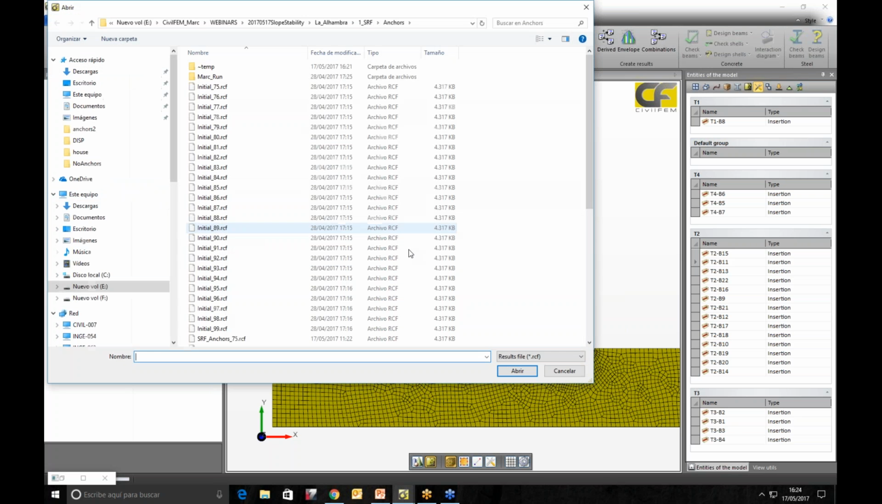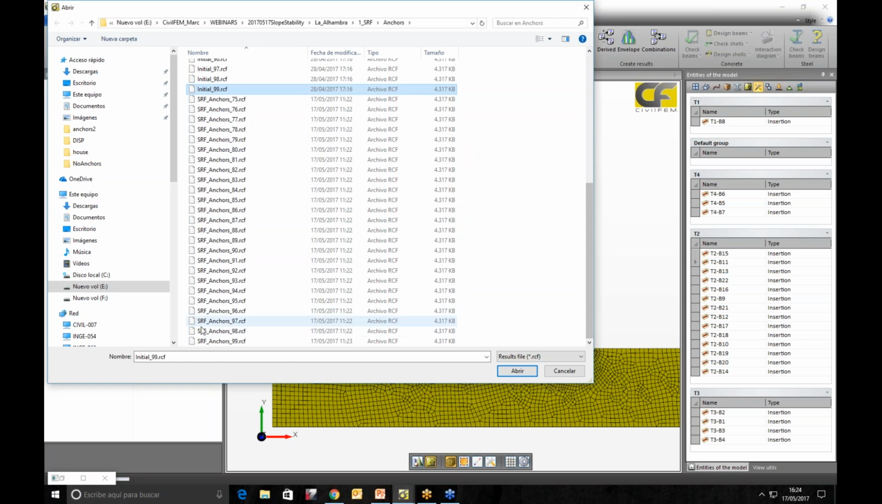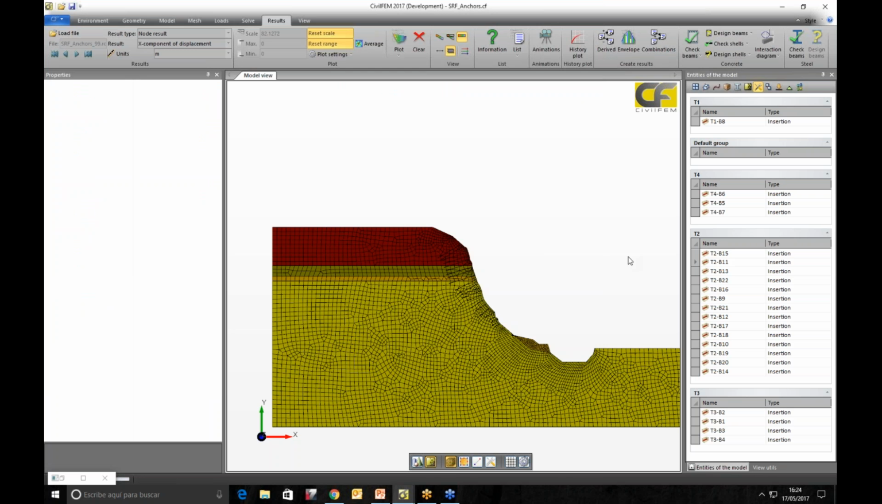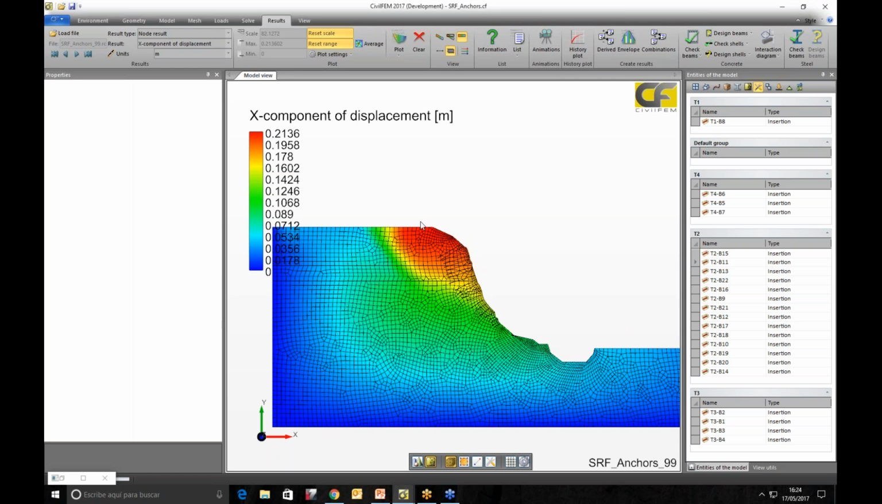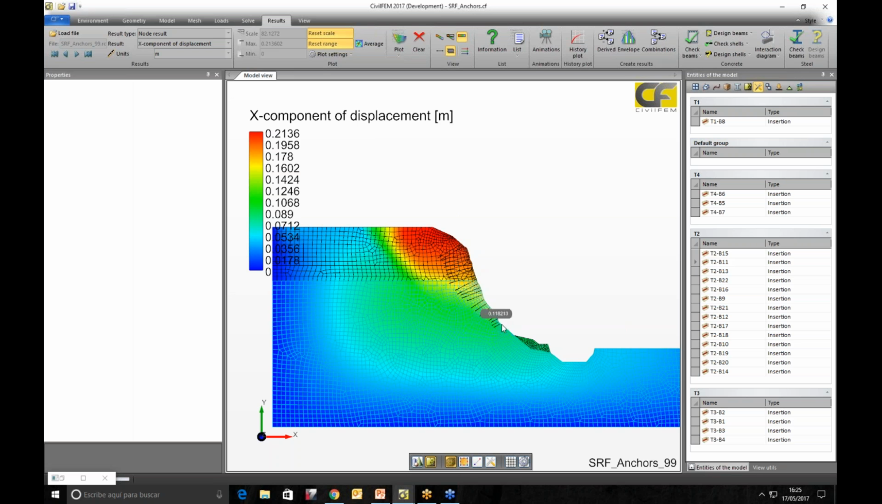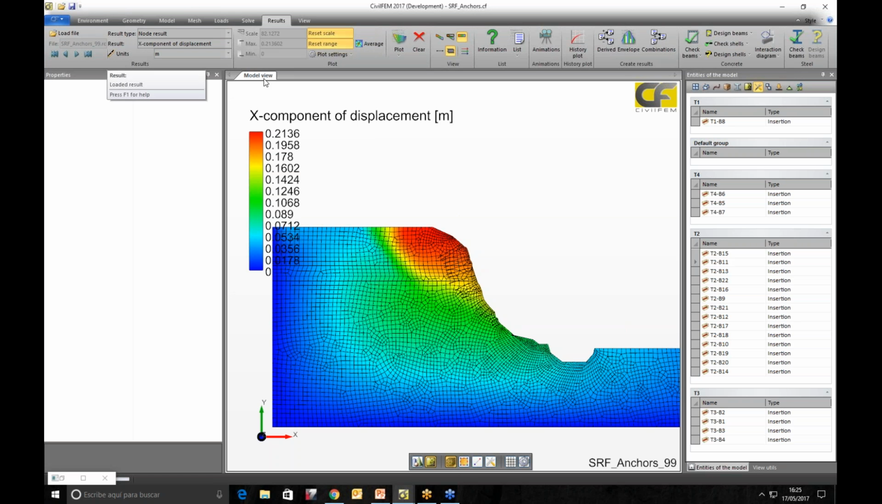So if we study the yielding zones, we will try to see why we didn't improve the behavior of this slope. We can plot first the horizontal displacement. Well, we can see we are still having some big displacement that was a little bit reduced in this part, but is bigger in this other. If we plot the equivalent plastic strain,